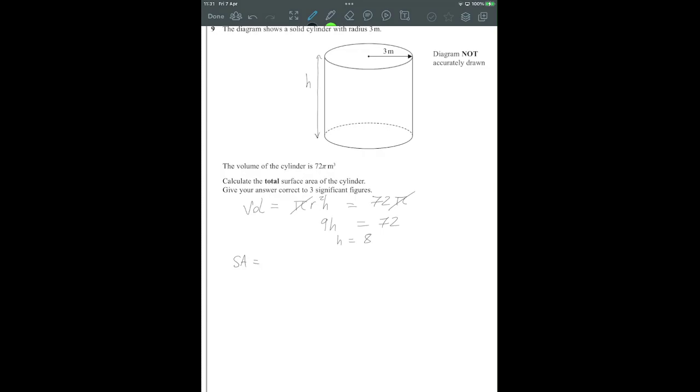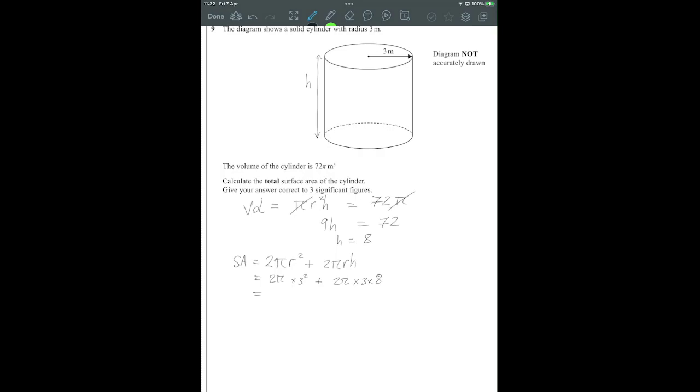Now the surface area, they have put in bold, they want the total, not just the curved. So total surface area is 2 circles for the top and bottom, plus that curved surface, which again is at the front of your paper on that formula sheet, is 2 pi r h. Don't need to memorize that, that is given to you. Let's put in all the numbers, that's 2 pi times 3 squared plus 2 pi times 3 times the 8